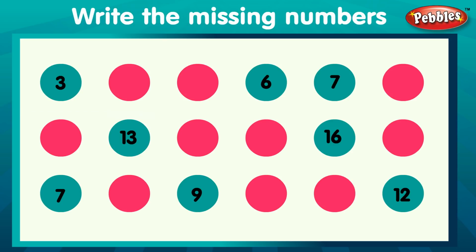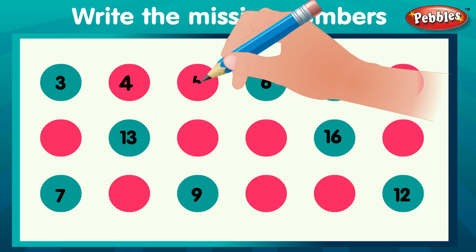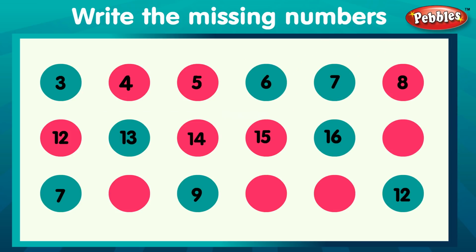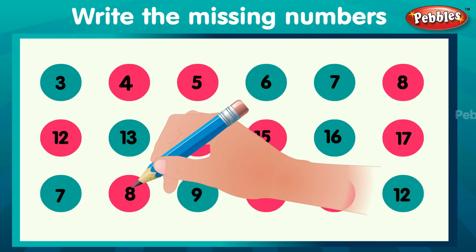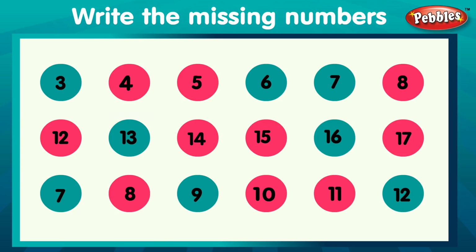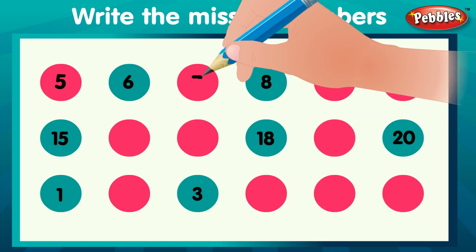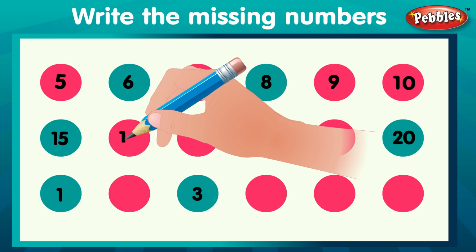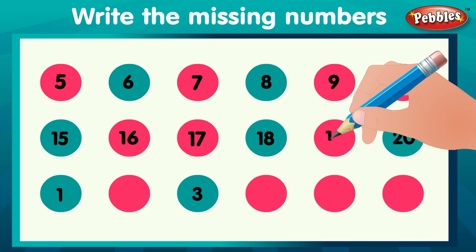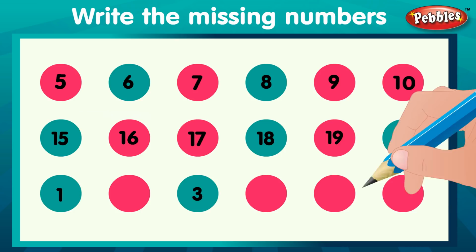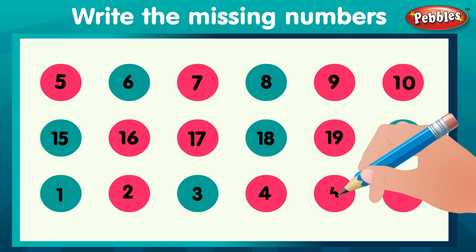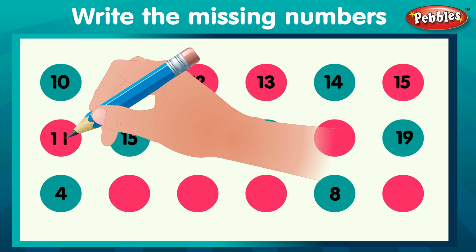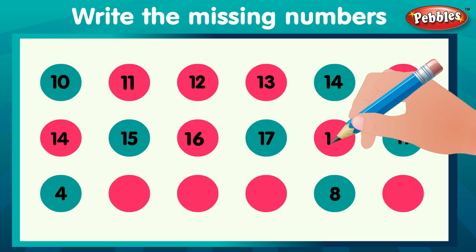Write the missing numbers. 3, 4, 5, 8, 12, 14, 15, 17, 8, 10, 11, 5, 7, 9, 10, 16, 17, 19, 2, 4, 5, 6, 11, 12, 13, 15, 14, 16, 18,